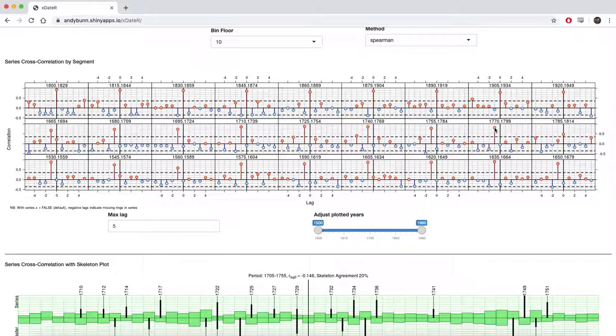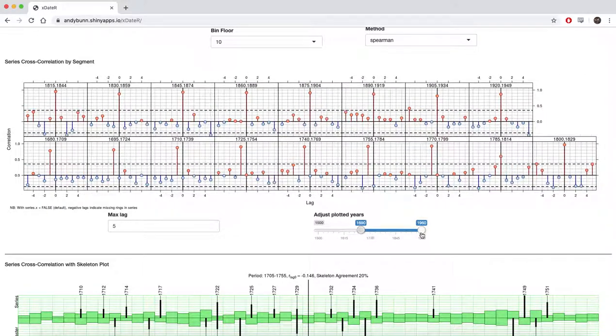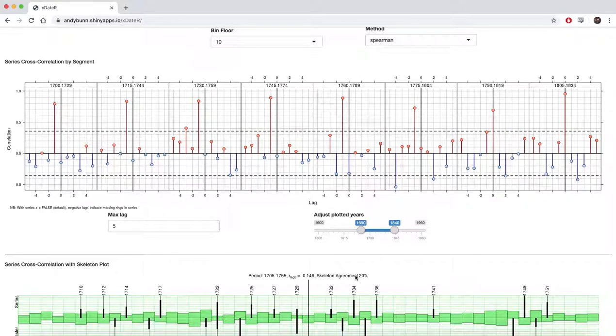Negative lags in here are indicative of a missing ring in the series. So we have a suggestion at this point that we're missing a measurement in this particular series. We can zoom in if we want to look at this some more, a little closer. So here we're going to zoom in on these bins. And again, 1800, still well correlated. By the time we get back